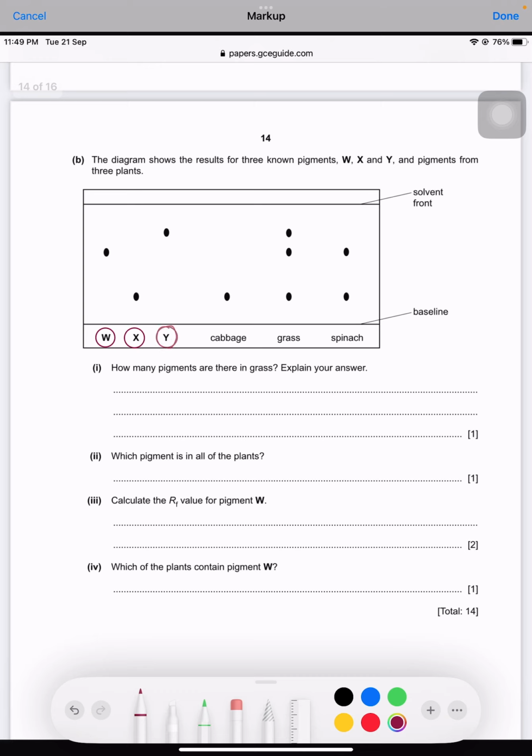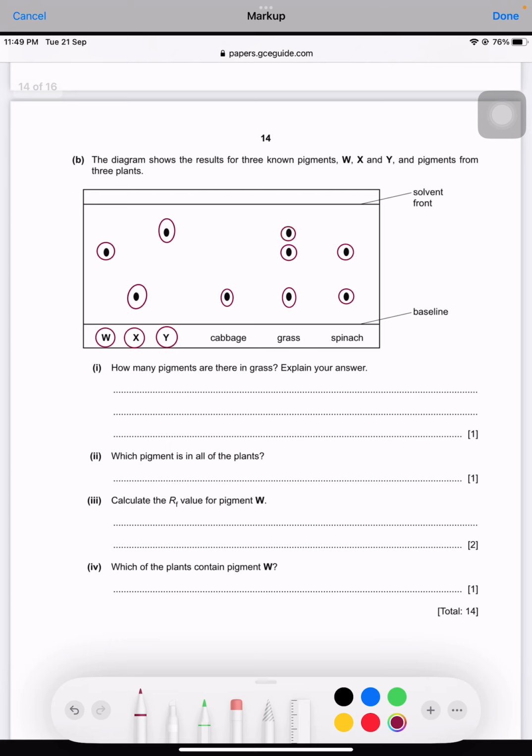We can see that all 3 are shifted into single spots. It means that W, X and Y are considered as single spots, or you may consider pure substances. But cabbage is shifting itself into a single spot, whereas grass and spinach are converting themselves into more than one spot. So grass and spinach will be considered as mixtures here. This is a point one should pay attention to.